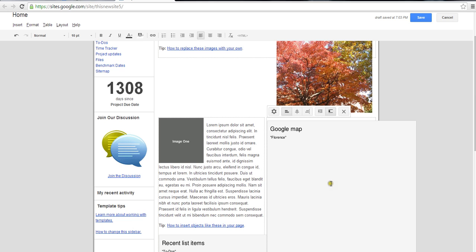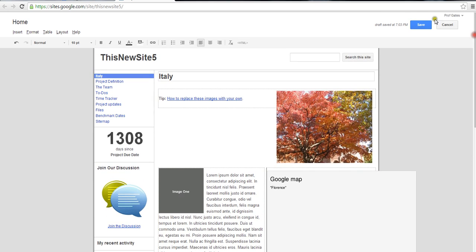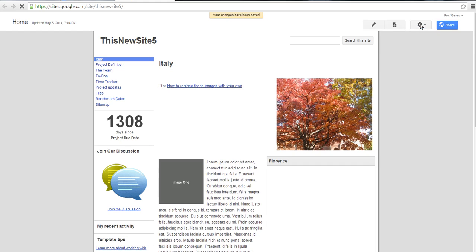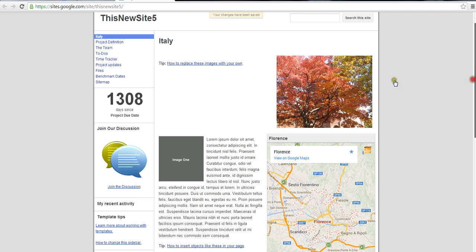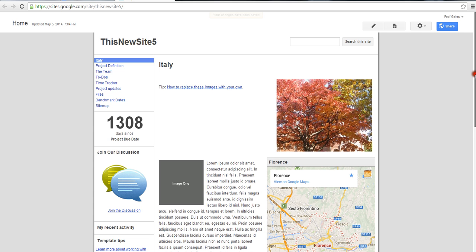Now when you first do that, it looks like maybe it didn't work, but in fact it did. And to see what it looks like, you can go ahead and save it. And then you can take a look at your map of Florence. So now we've inserted an image, we've inserted a map, and my next step, and I'll scroll back up, is